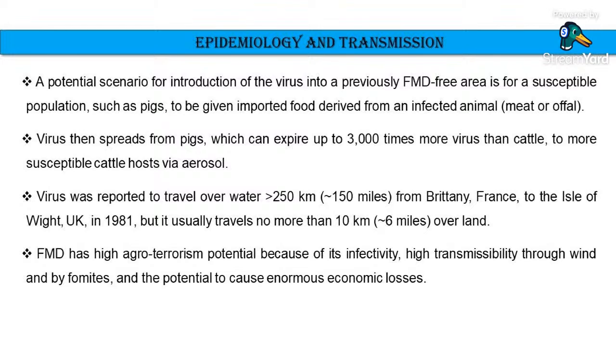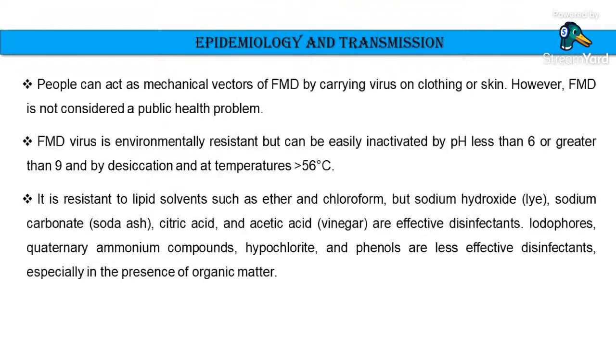If we talk about the agro-terrorism potential, FMD has the potential because of the high rate of infectivity in animals, and the high transmissibility through the wind and by fomites. It causes huge losses in terms of milk production and other things. People act as mechanical vectors of the virus, because the virus gets attached to clothing or the skin of animals. But the thing to note here is that FMD, foot and mouth disease, is not